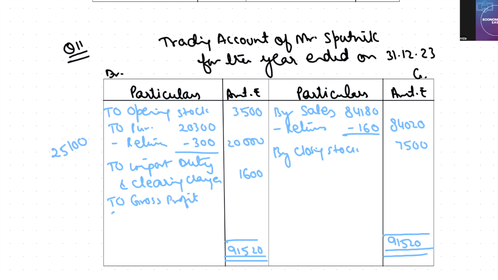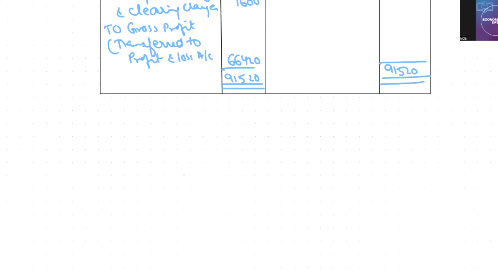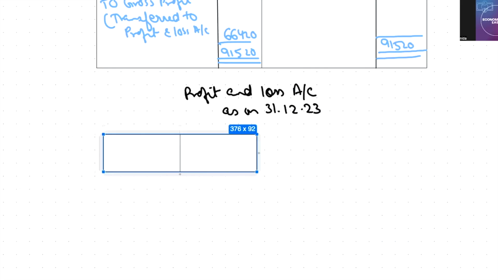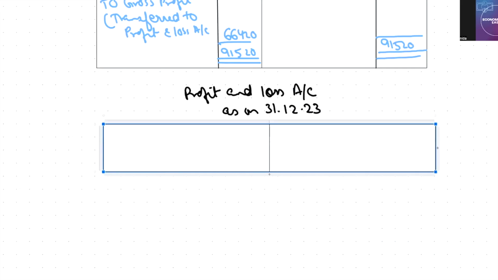Gross profit transferred to profit and loss account. Difference is 66,420. Now you have to make the profit and loss account. Right? This is the heading. अब इसमें देखिएगा आइटम्स आई थिंक ज्यादा है।